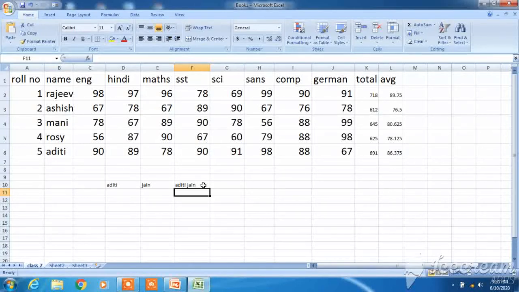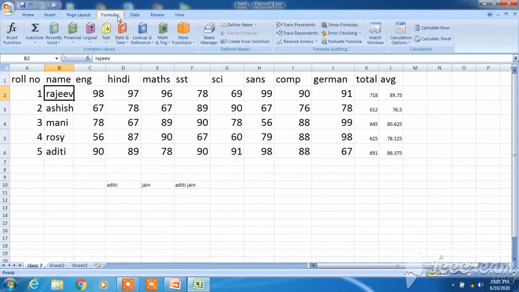Am I clear? Now let me show you how library functions work. In the library functions we will learn how to calculate LCM and Upper. Before I calculate LCM, I will show you Upper. For the Upper function, first of all you have to go to the Formulas tab, then click on the Text option.